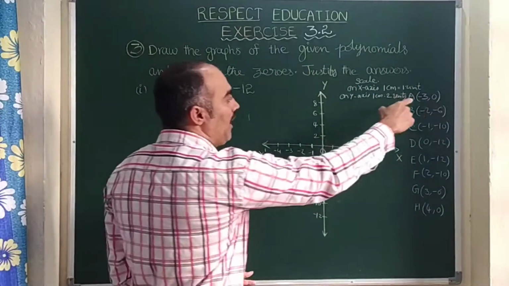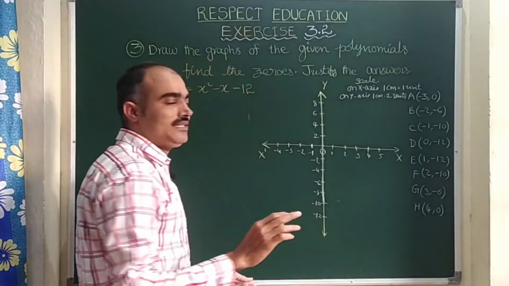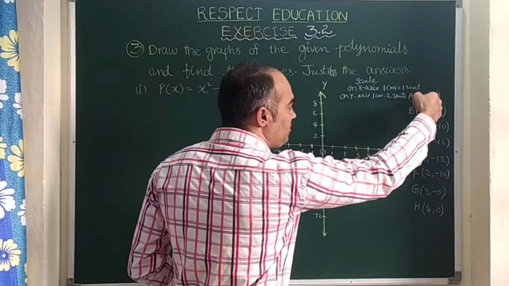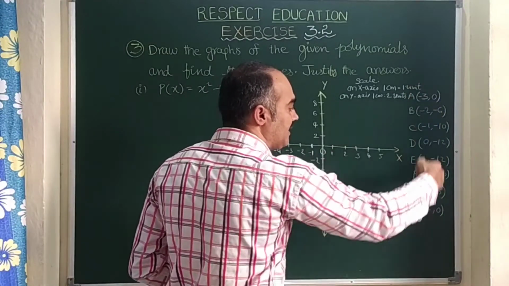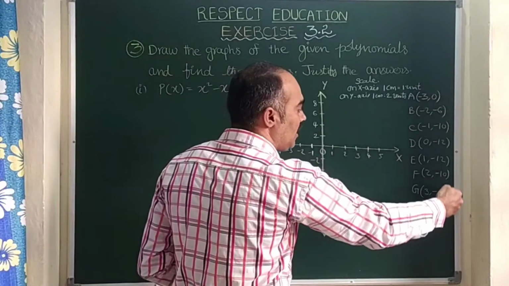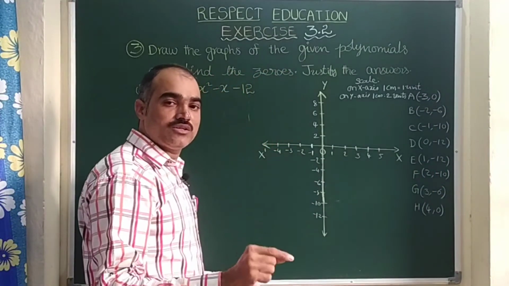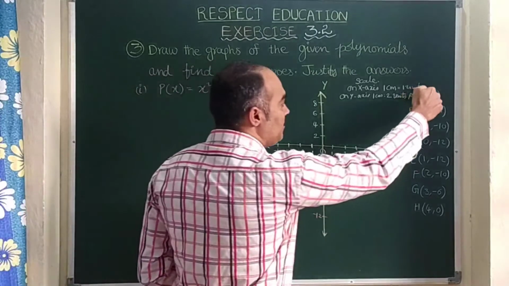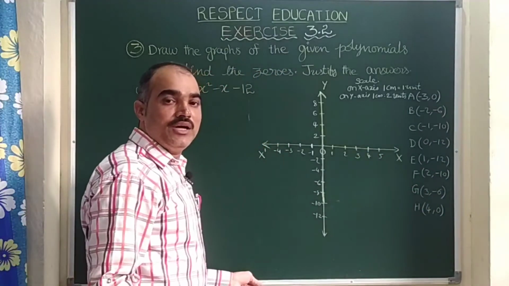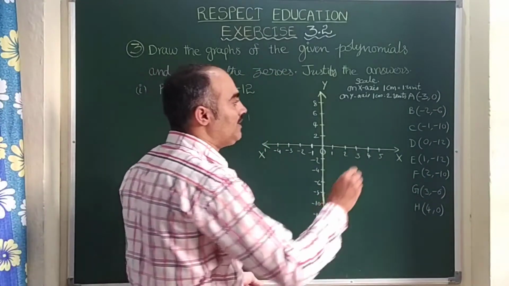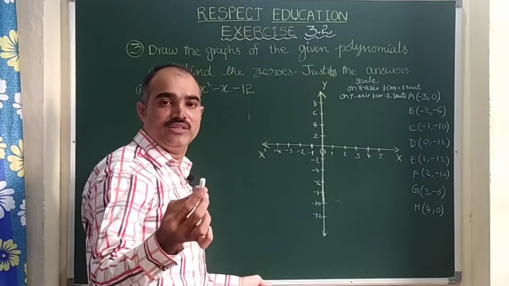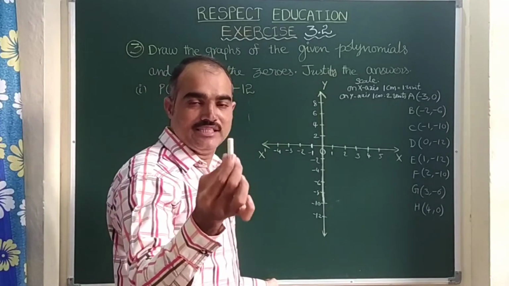First A, minus 3 comma 0. Here you just see, children, I will tell you an easy technique to plot the graph. The first values are called x coordinates, or it has another name, abscissa. And the second values are called y coordinates. Those are also called ordinate. Now here you just see the x coordinates. X coordinates means first values. You just imagine that you have a bike with you, a new bike. Just imagine this is my bike.